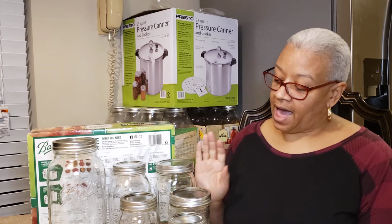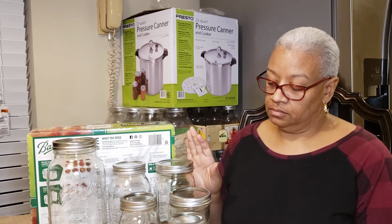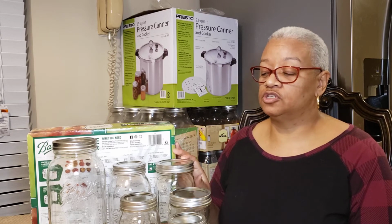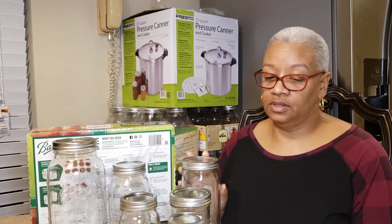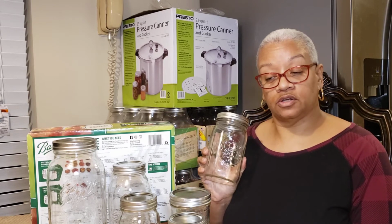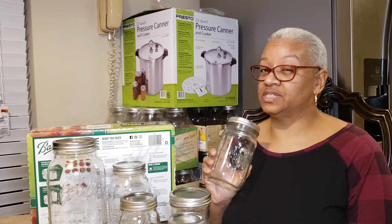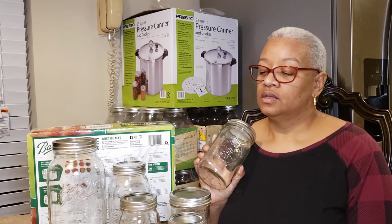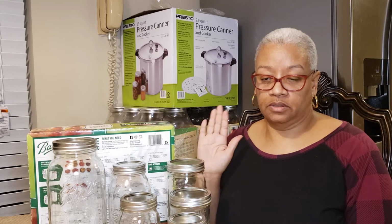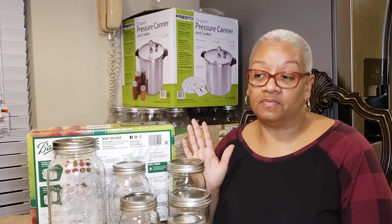Now, I prefer to get or use jars that we have purchased ourselves, that we know the history of the jar. I've seen people online talk about using old jars or jars that someone has given to them. I would say be leery of that. The reason being is when you look through the Ball book of canning, well, pretty much any of them will tell you,